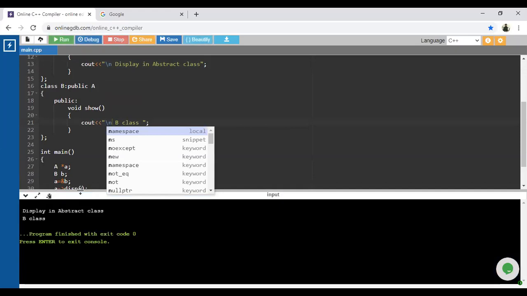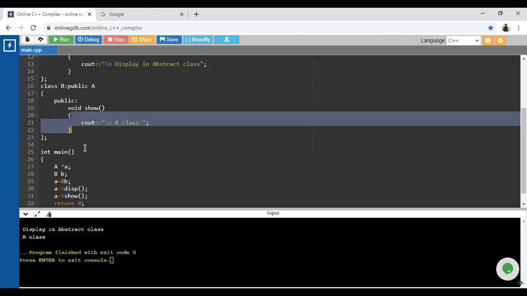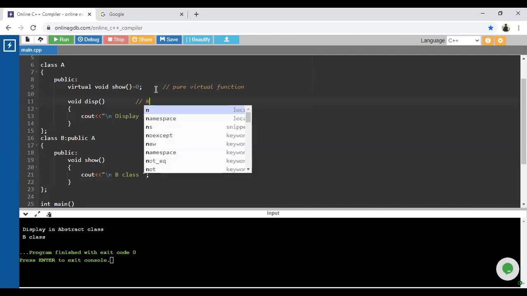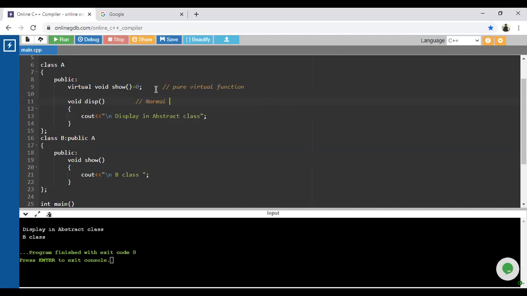Just look at this, guys. Inside class A, I have considered two different methods. The first one is the pure virtual function, and the second one is the normal function.